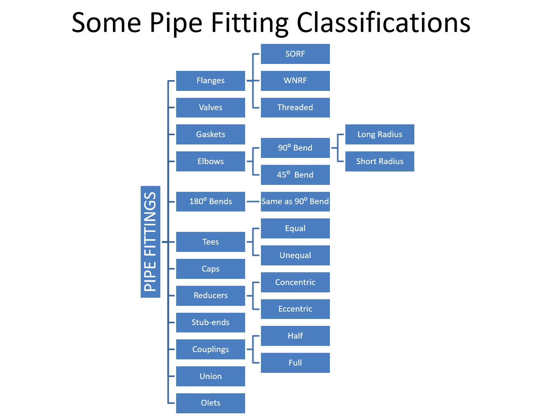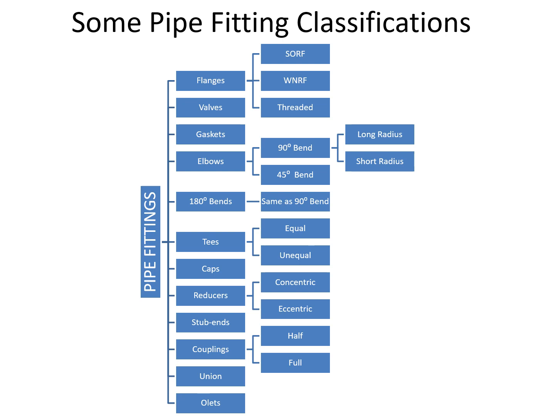If you see here, pipe fittings are further classified. For example, flanges. So flanges are further classified as SORF (slip-on raised face), WNRF (weld neck raised face) or threaded flange. Different types of valves are also there, which we'll see later. Gaskets, elbows, 90-degree bend, 45-degree bend, 180-degree bend, T's, equal T, unequal T, caps, reducers, stub bends, couplings, union, olets,